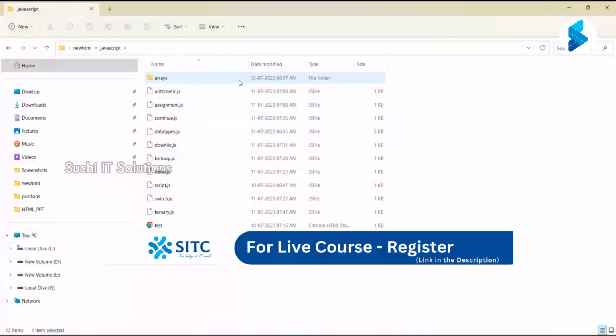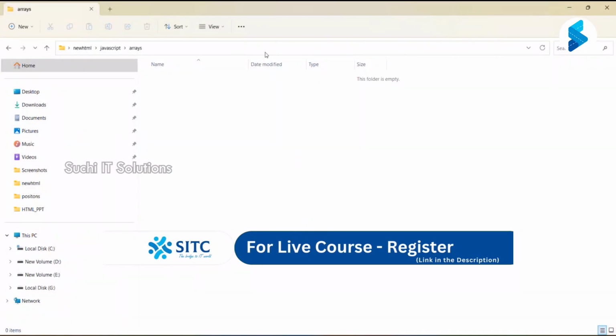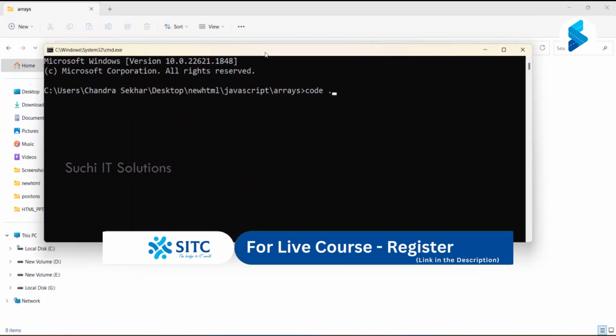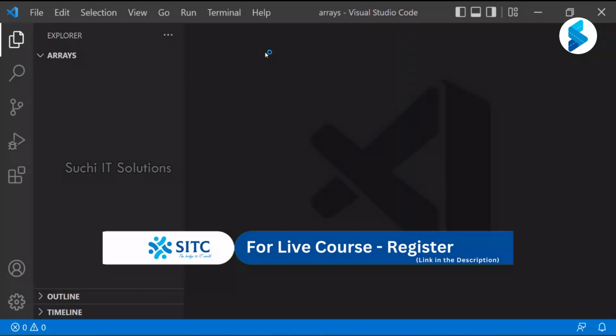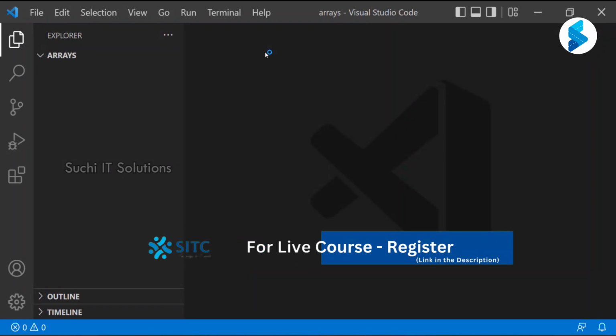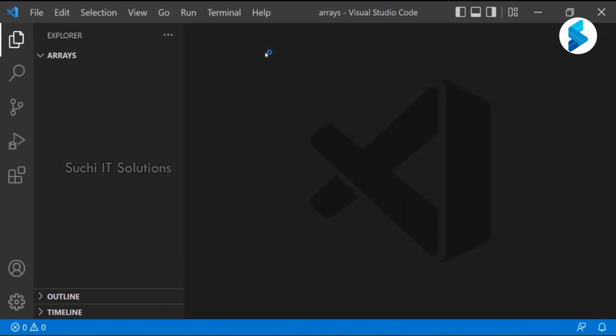So arrays, kind of things I need to maintain here. I need to open the VS Code. Simple way: in the command prompt, type code space dot, and based on the current location it is automatically going to open the VS Code. Okay, so this is the way we are going to open the VS Code. Fine. Now I need to create one file, directly a script file only. Okay, so array literal